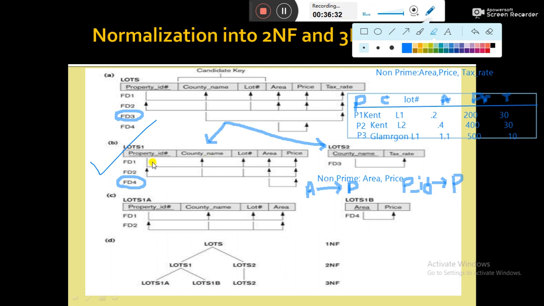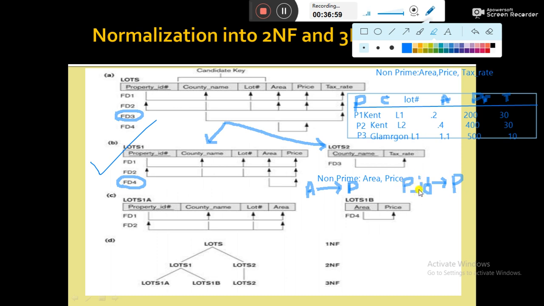Why? From FD1 we can get property ID determines area. From FD4 we can get area determines price. So we can tell that property ID determines price. This is known as transitive dependency. It means the attribute price is transitively dependent on